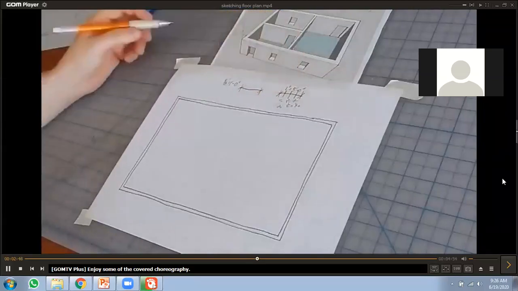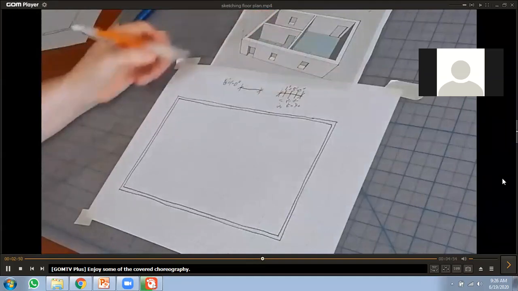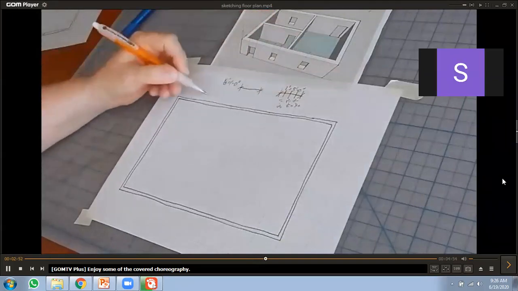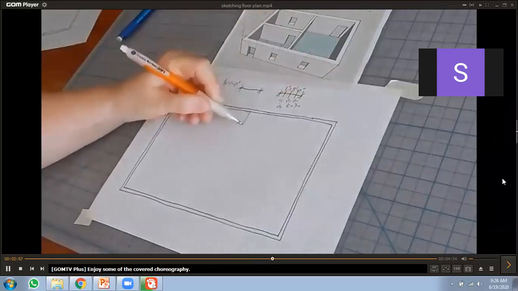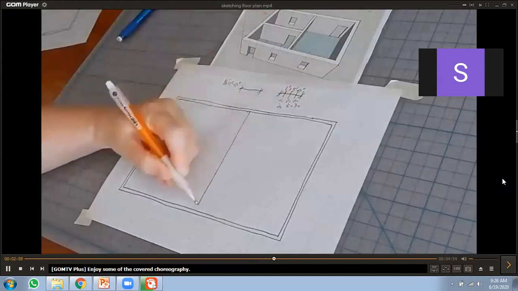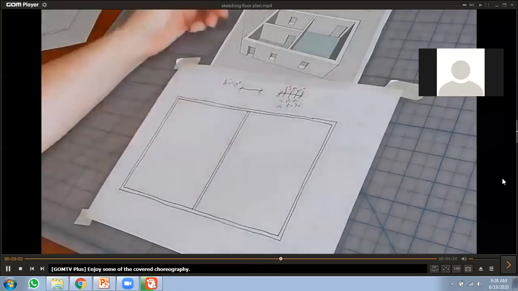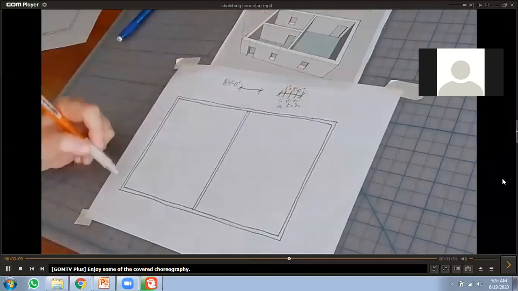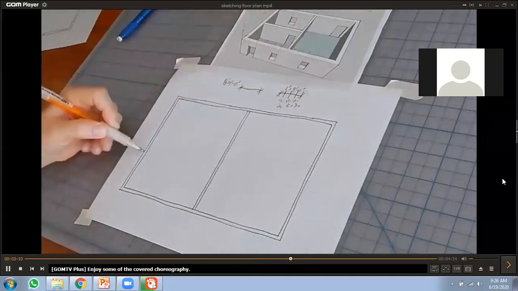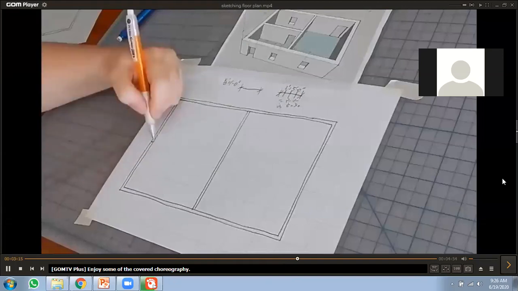I have a wall in the middle of the 40-foot length, so I'll count 5, 10, 15, 20, and center it on that. I have a wall in the middle of the 25-foot length, which would put it at 12 foot 6. 5, 10, this is 15, 12, 6 is right there.